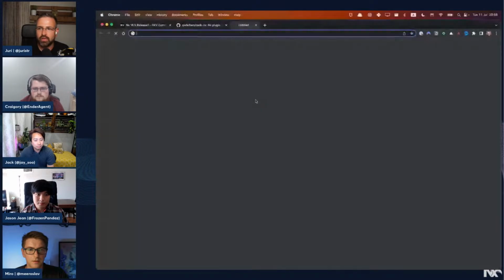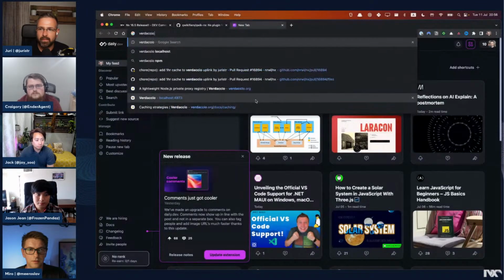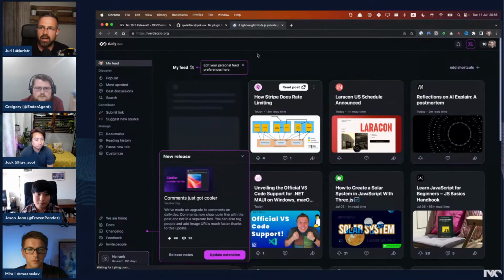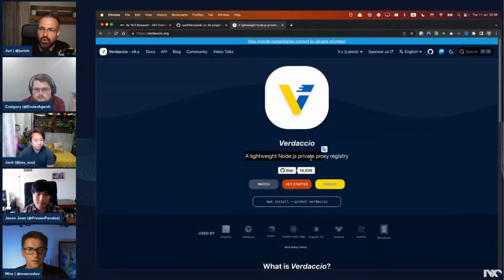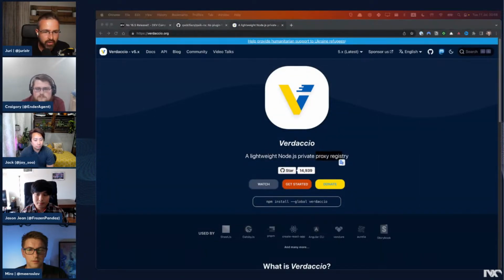100%. So Verdaccio, let's go here. It's kind of like, as the page says, a lightweight Node.js private proxy registry. So basically, it's like your NPM registry set up locally, right? Especially if you develop those plugins, but in general, this also works across NPM publishing. If you have a workspace, a monorepo where you want to develop NPM packages and publish them,